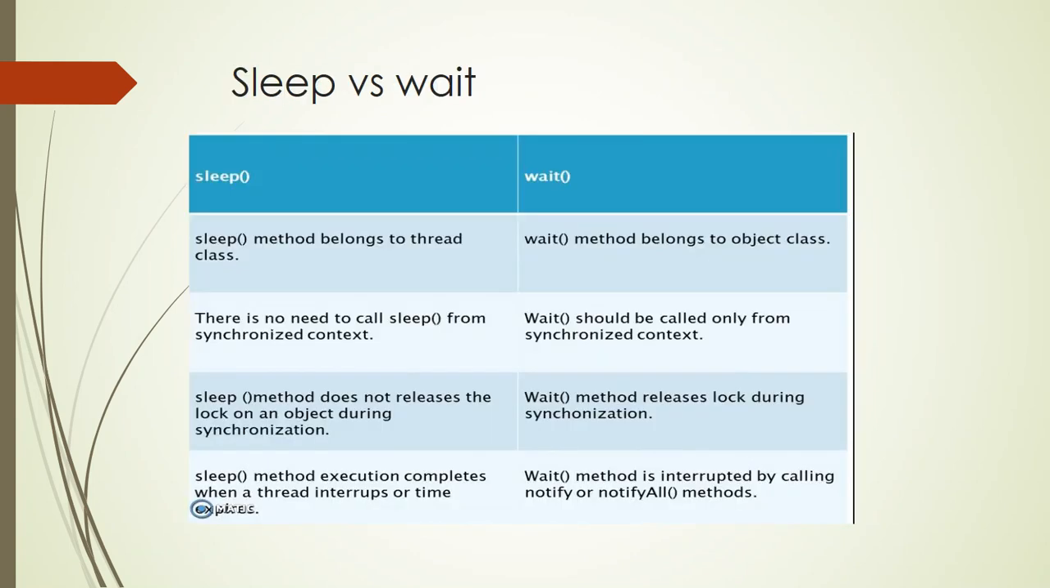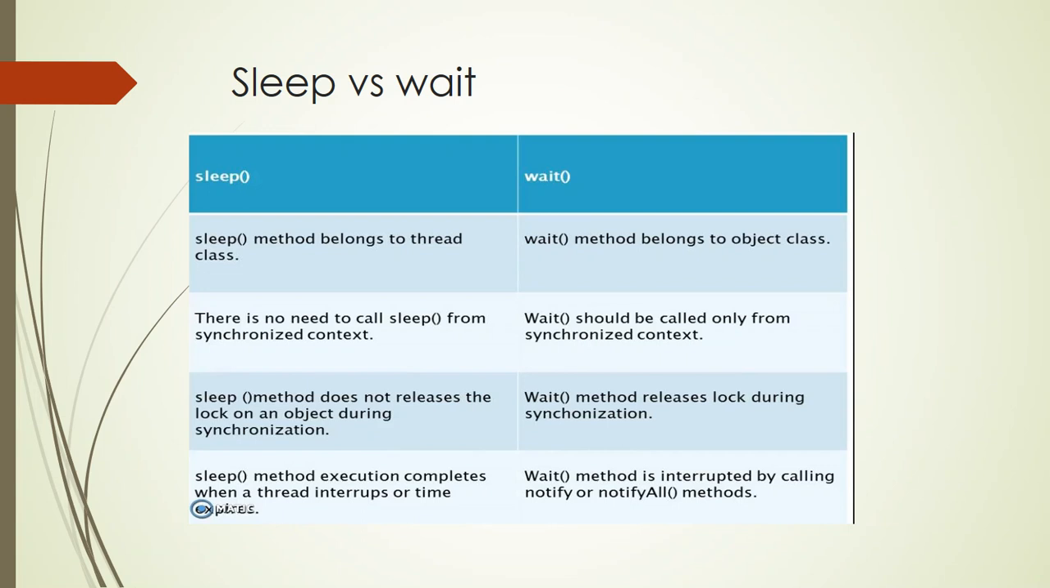The next important question is, what is the difference between sleep and wait? See, these are two differences in a column. Sleep is from the Thread class. We write Thread.sleep, and we provide some time in milliseconds. Until that time your program will be halted, paused for some time. And wait will release the lock automatically at the same time, and it will go into the waiting state, and